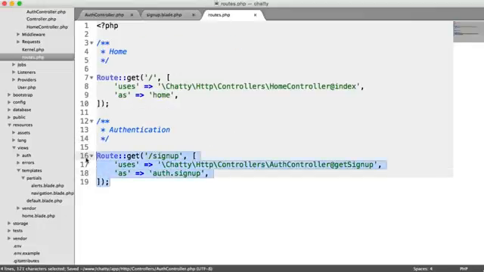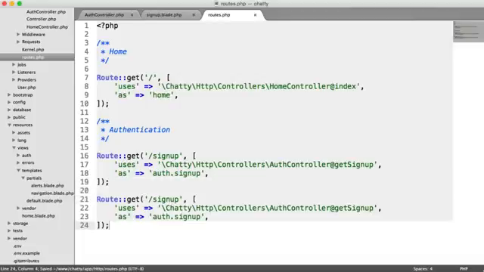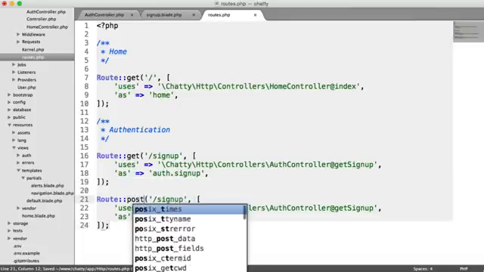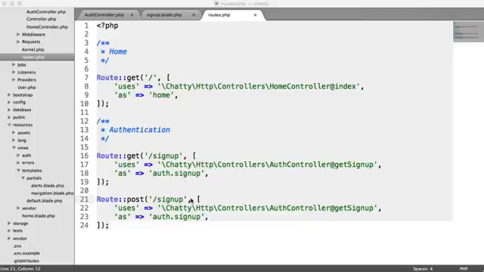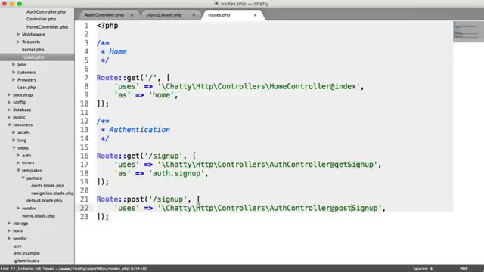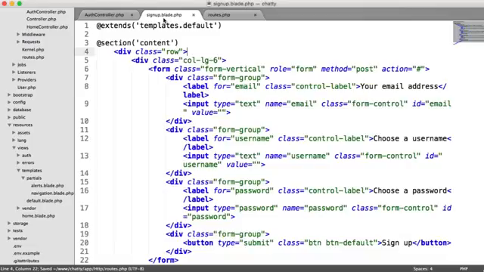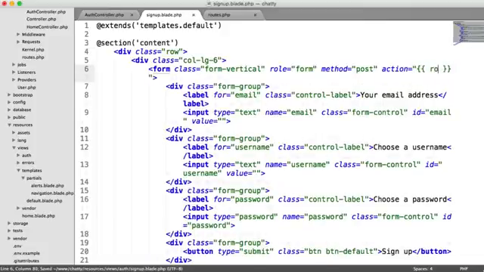So we're going to create a new route here. This time though, it's going to be a post request to sign up, and we can get rid of the name, and instead of get sign up here, we have post sign up. So what we want to do then is under the sign up form, we want to modify the action. That's where the user is submitted through to. So we're going to say route